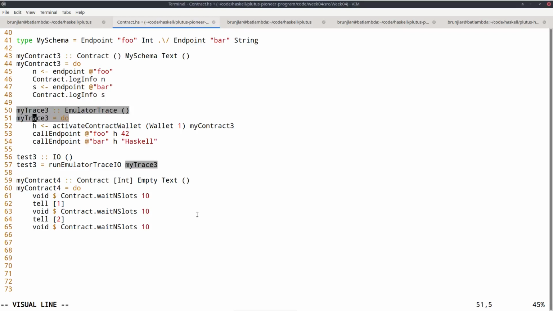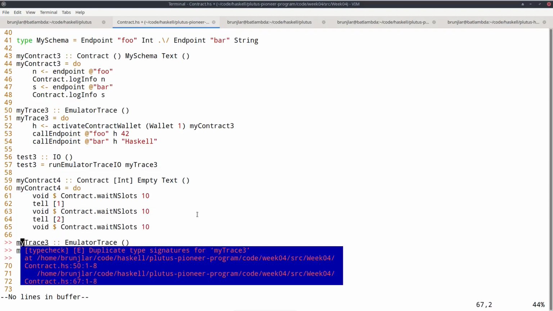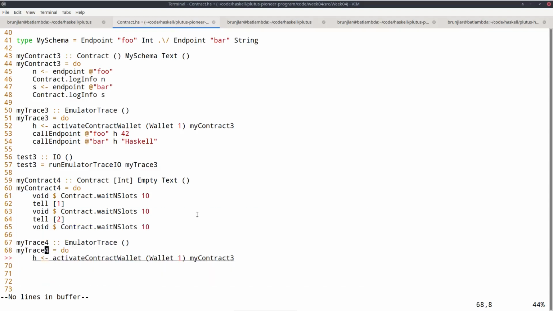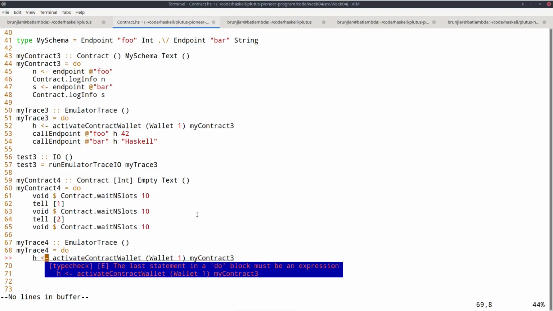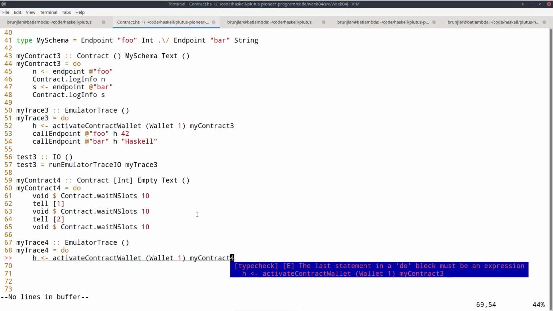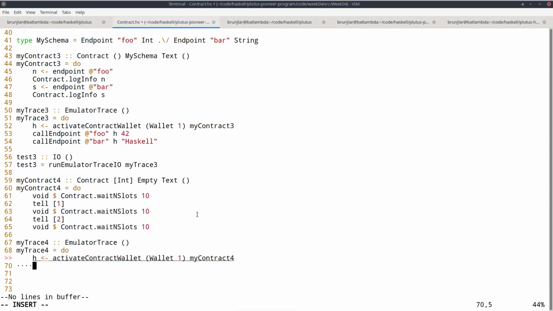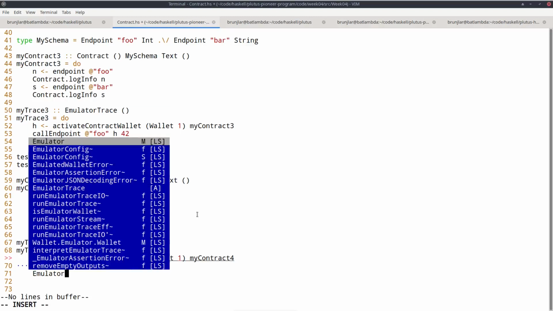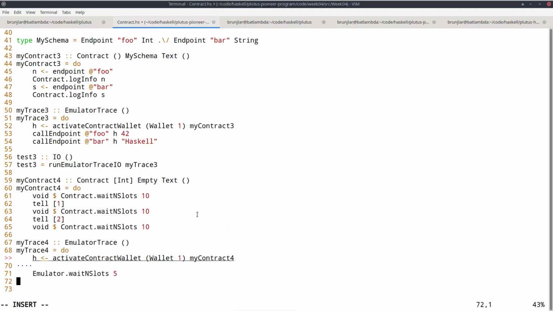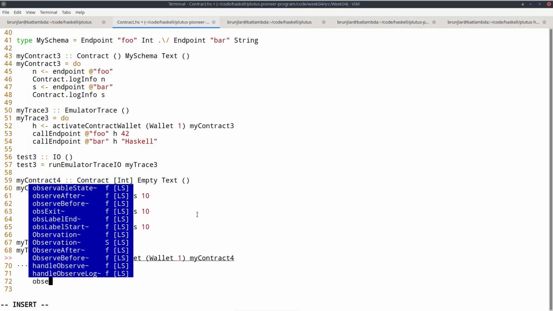Now for a trace that exercises this contract, we start as before by starting the contract. Now let's wait for 5 slots. Now the way we read the state of a running contract is by observable state.